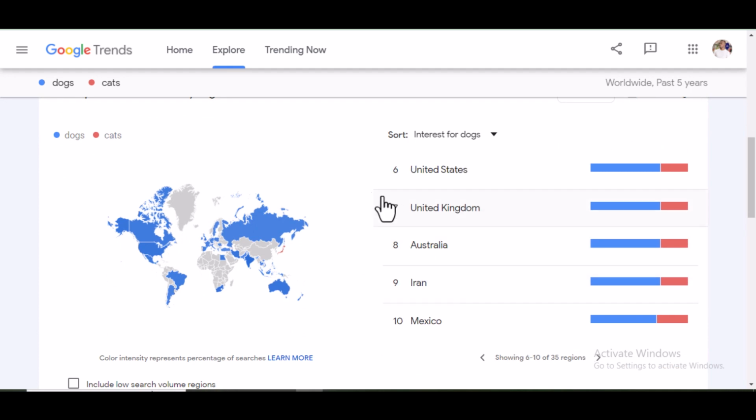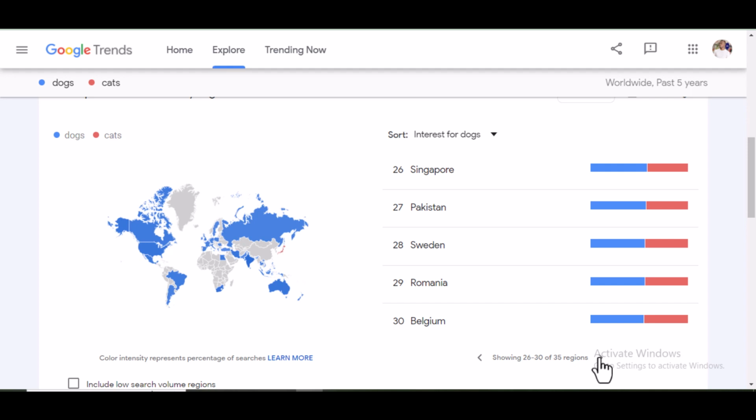If you look at the countries that are interested in dogs and cats, you discover that it is tier 1 countries, United States, United Kingdom, Australia. These countries are willing to buy products or services related to dogs. So it is very obvious that dogs will be more profitable than cats.